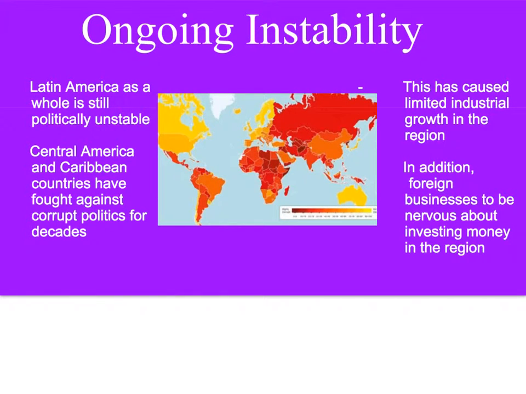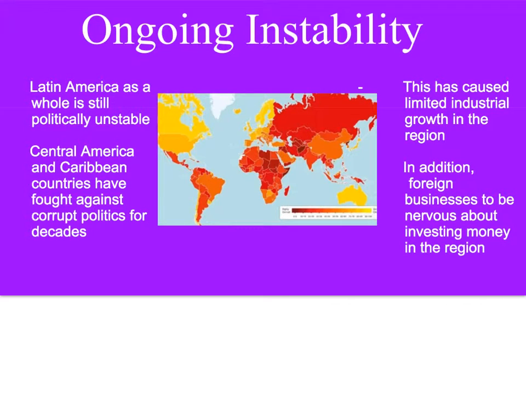So we talked a little bit yesterday about the ongoing instability that has been present in Latin America since after the colonial period. Latin America as a whole is still very politically unstable. Central America and Caribbean countries have constantly fought against corrupt politics for decades. That conflict has caused limited industrial growth in the entire region, and it's caused foreign businesses to be nervous about